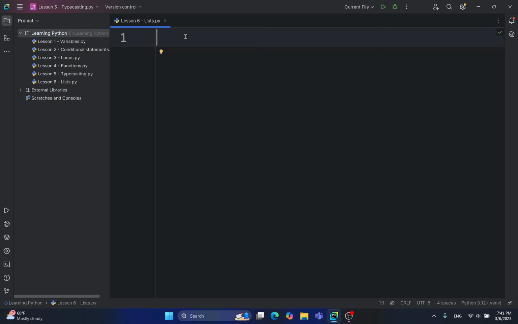To create a list, you need a name and values. I'll give mine, for example, name first. To give a value to a list, you need to open the square brackets and here write values. For example, 2, 5, and 3. Values need to be separated with commas. If I print this,